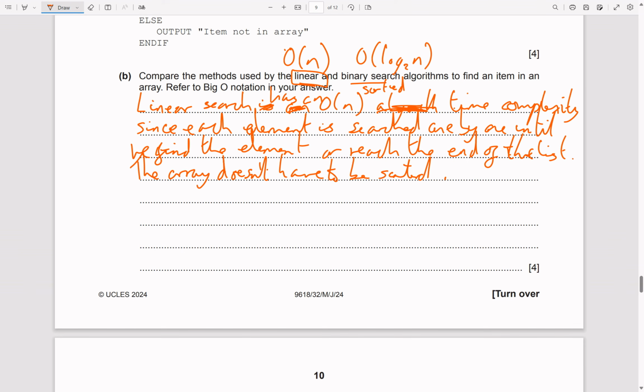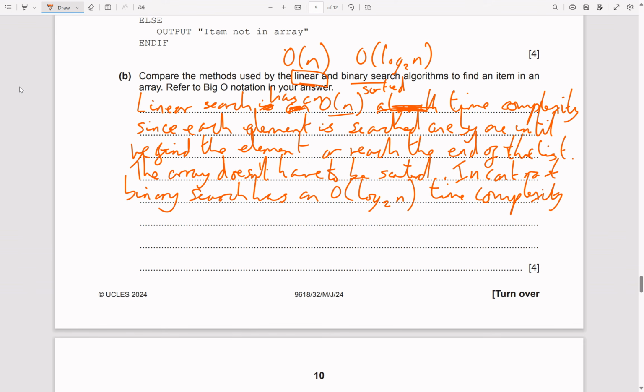Right, and then, in contrast, I'm going to use the same format. So first, let's talk about the time complexity. In contrast, binary search has an O(log base 2 n) time complexity. I'm going to copy this word for word where appropriate. Let's say, since